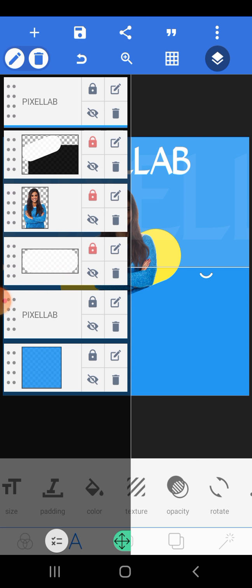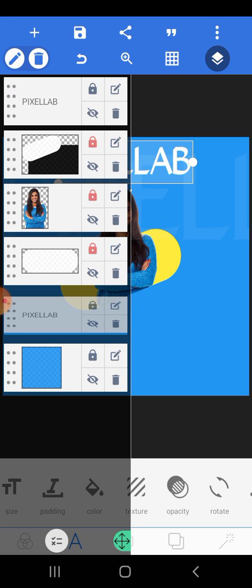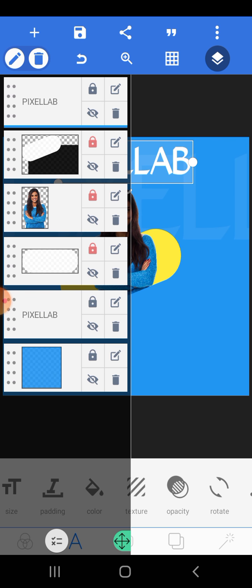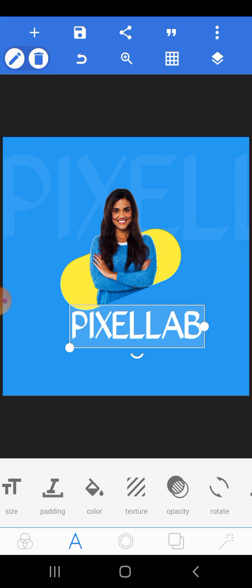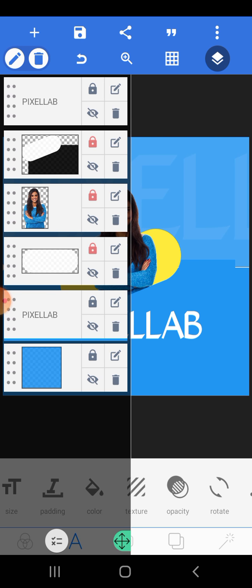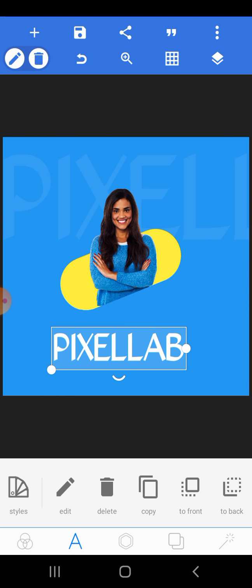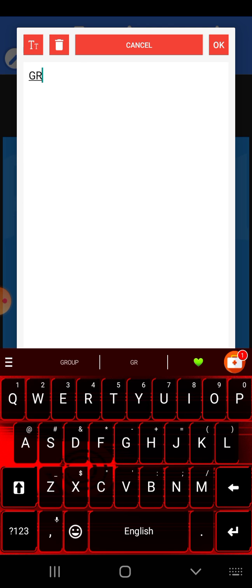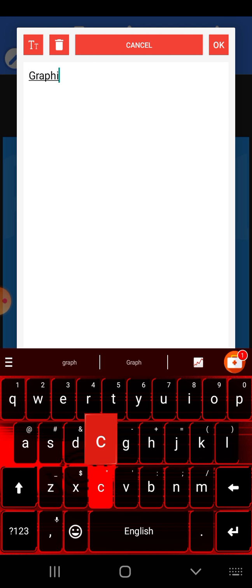Alright, I think I moved the wrong layer. I'm mindful of the layer. Okay, so I will pick this one and drop it here. Alright, so as you can see, it's there. I'll now lock it so that it will just be like a background now. So you can use the text to manipulate stuff. Are you seeing? We have Pixel Lab there. So I'll now re-edit this text and put graphic